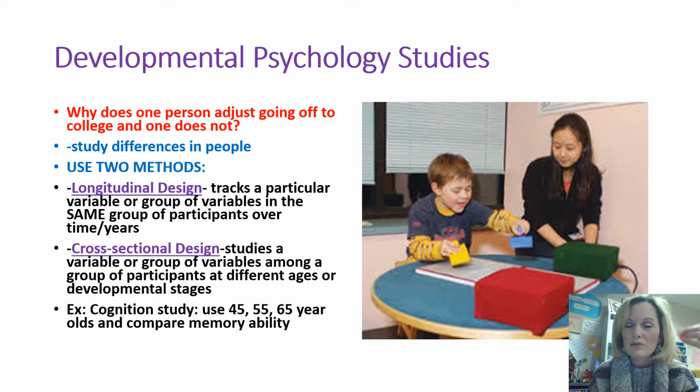It's kind of like our stratified sample, where you're taking a group from a specific age group or developmental stage, and you're looking at specific things. So a cognitive study might look at people and their changes in memory at 45, 55, 65, 75, 85, and look at the ability level at all those different ages to do a study on that. So developmentally, we look at physical, cognitive, and social, and we can do that in a cross-sectional design by year.